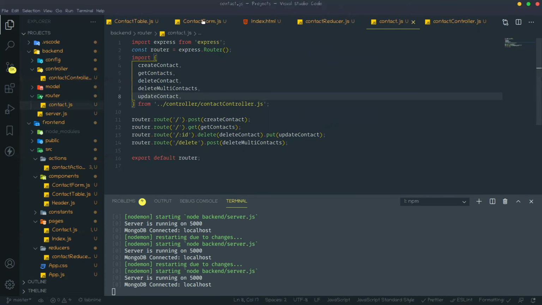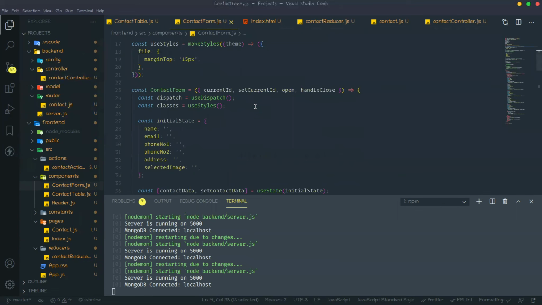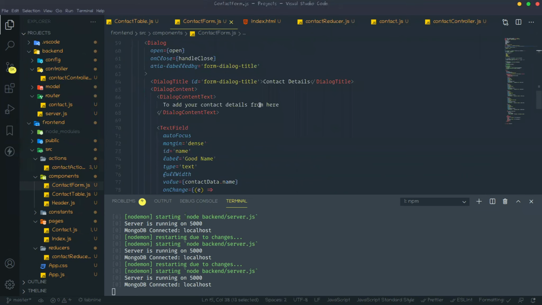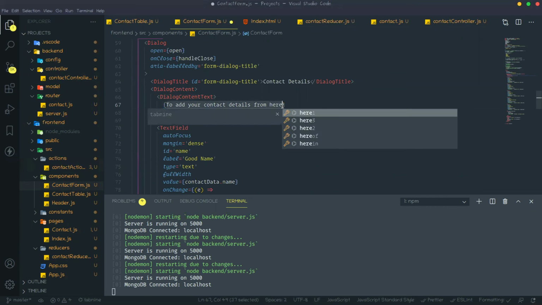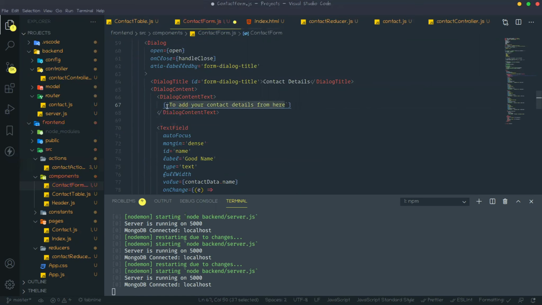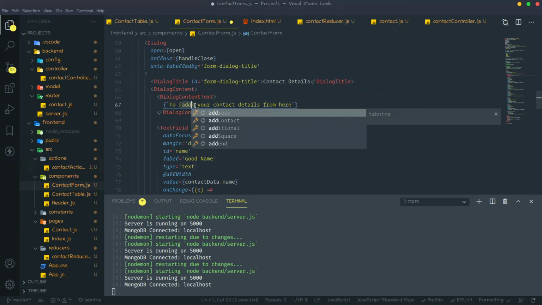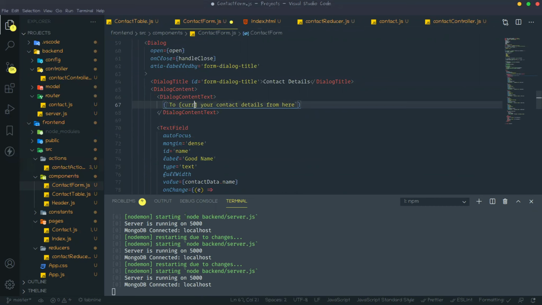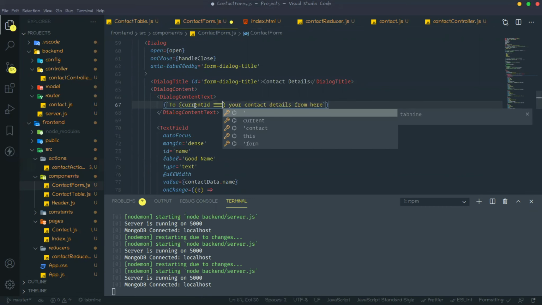Okay. Another thing, go to the contact form. Here you can see that add is there, right? So put like that way, and in this title, here you need to check if that current ID equal to 0, then that should be add.